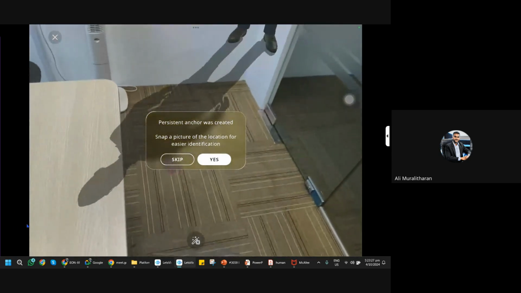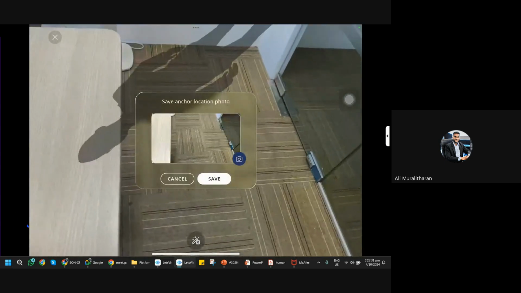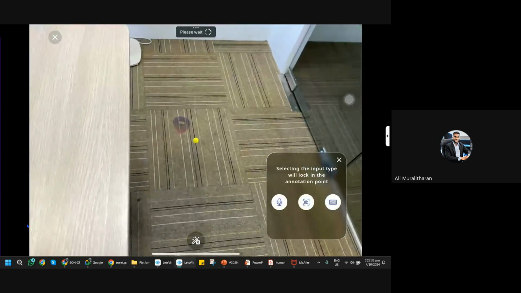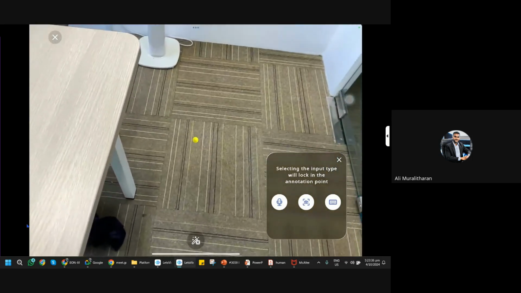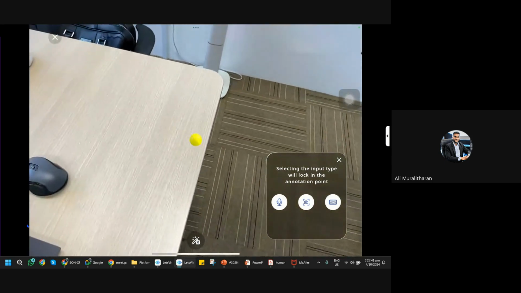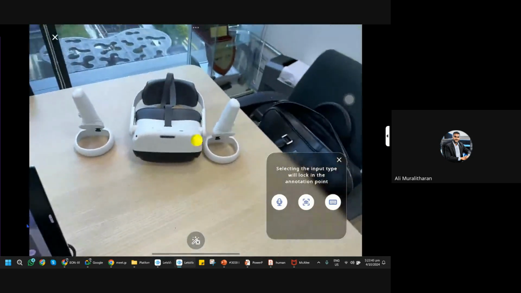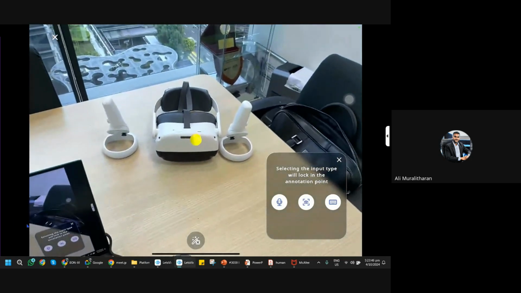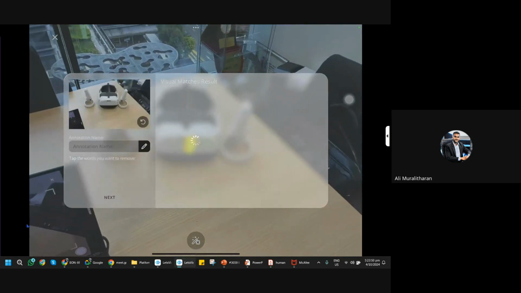Okay, persistent anchor was created, snap a picture for easier identification, and I select save. Now, this is where I can start annotating on real life objects. Okay, so what I'm going to do is I'm going to place some annotations on some objects which is around me. So let's just say I have this head mounted display. I can place my annotation here, snap a picture, and what we are going to do is